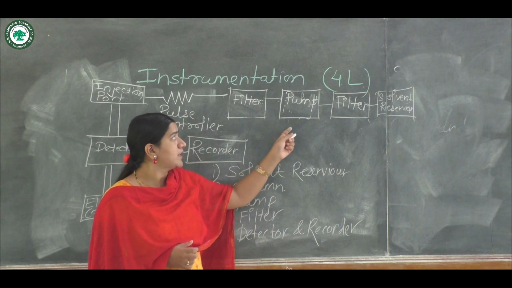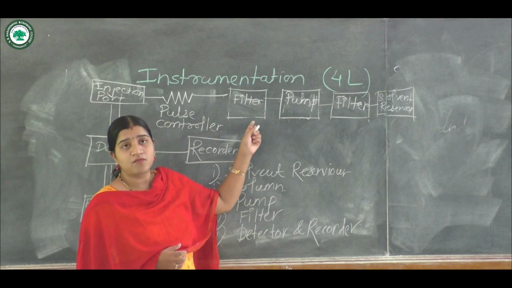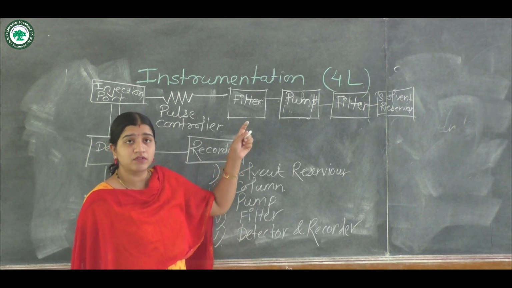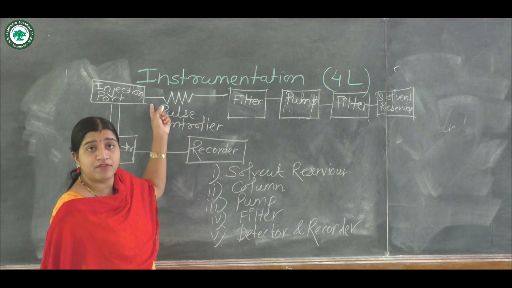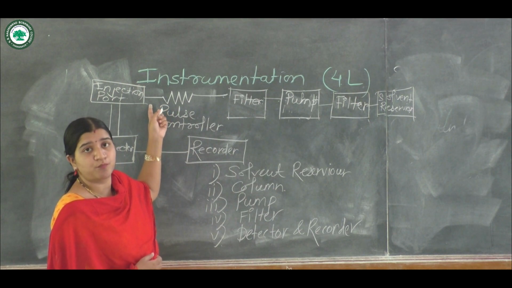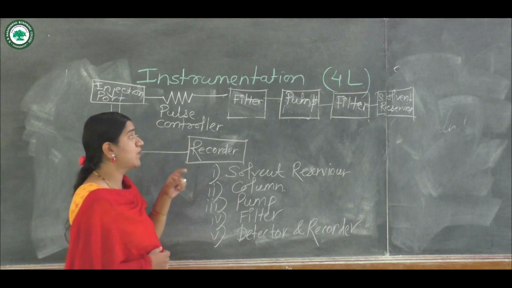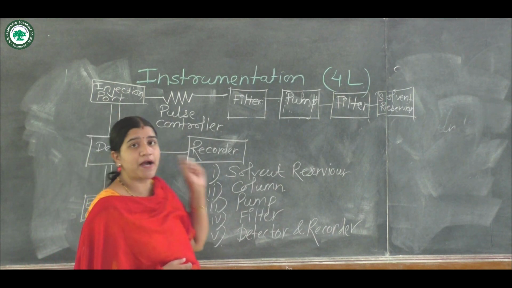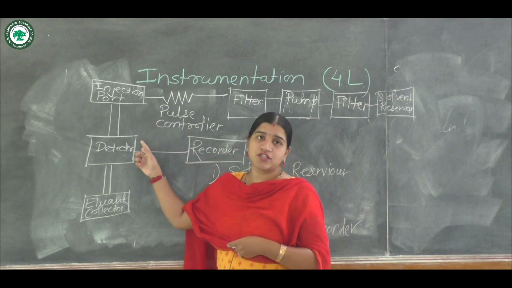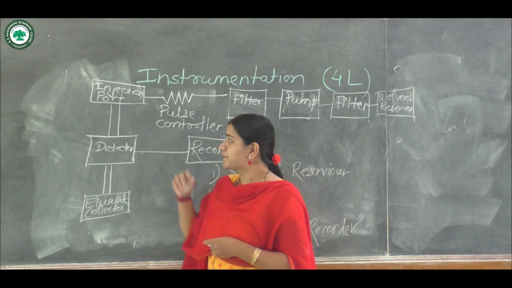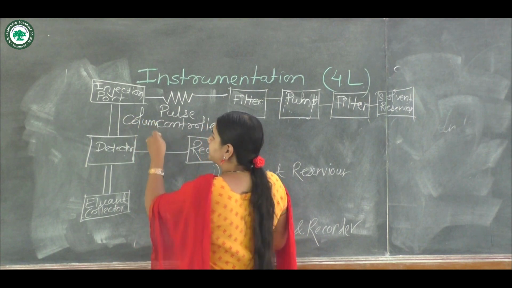So after coming to the pump, it is filtered again, and after double filtration, finally your sample will come across to the injection port. Then, depending upon the type of sample that you want to analyze, your sample will pass through the injection port, and after passing through the injection port, it will come inside the column, and after passing through the column,